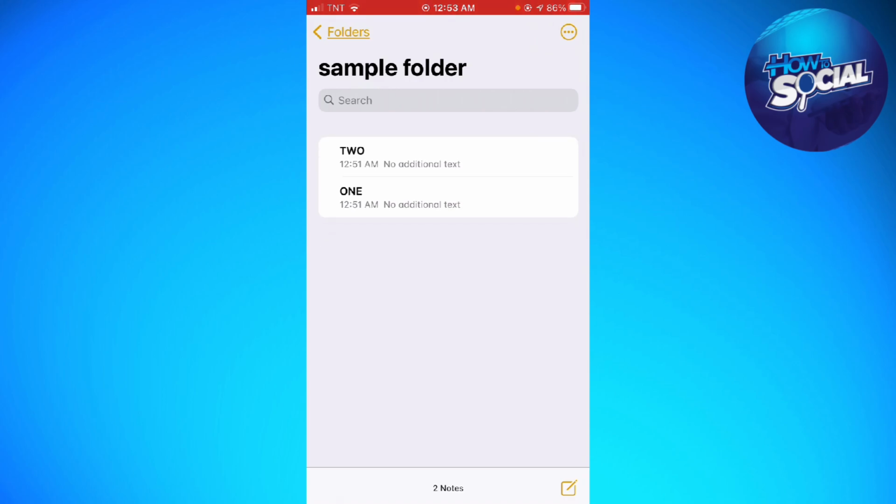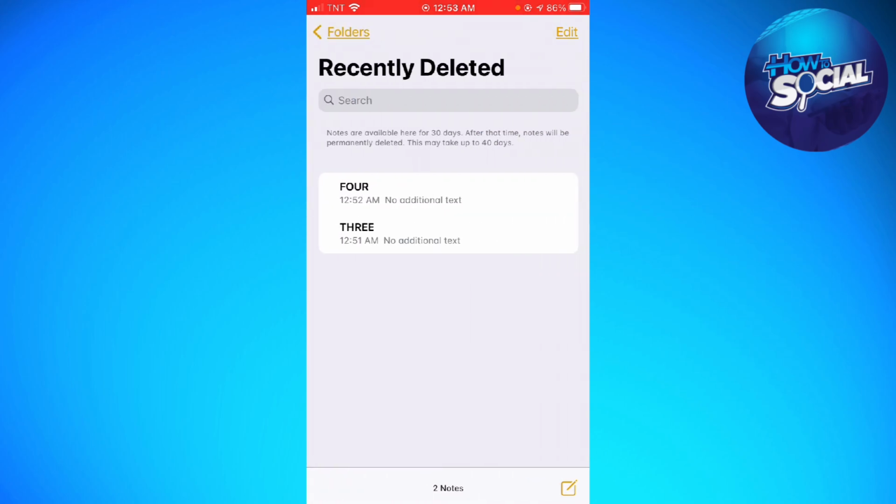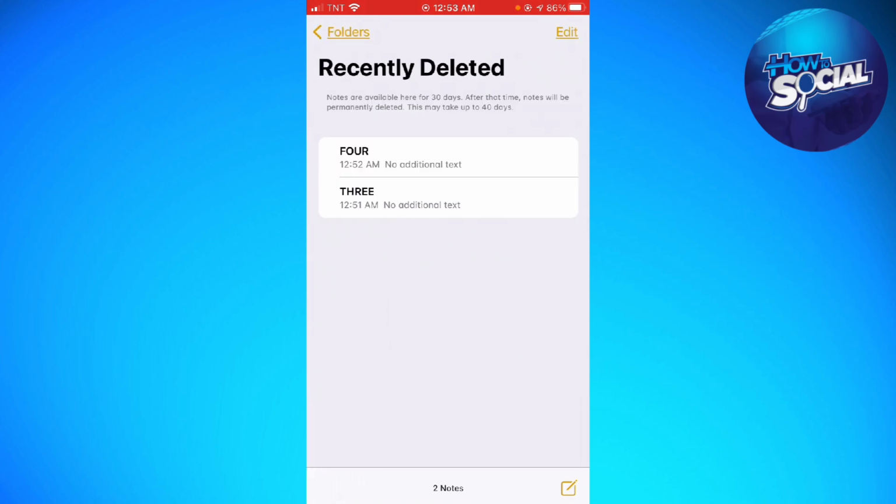Okay, so now when you click on the folders option at the upper left corner of your screen, you can see the recently deleted folder right here, right? So now when you click on that, you can see the 4 notes that I've deleted earlier. So now if you want to restore it, just go ahead and